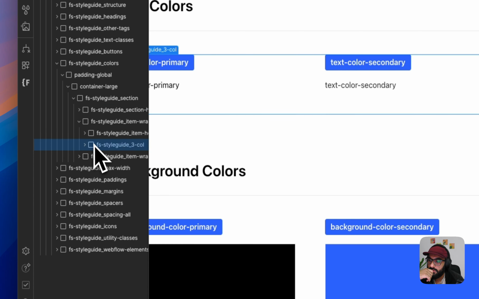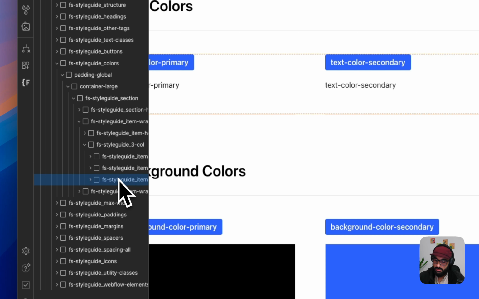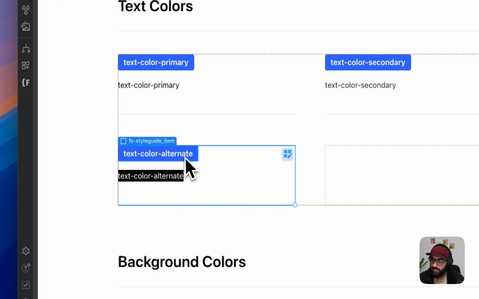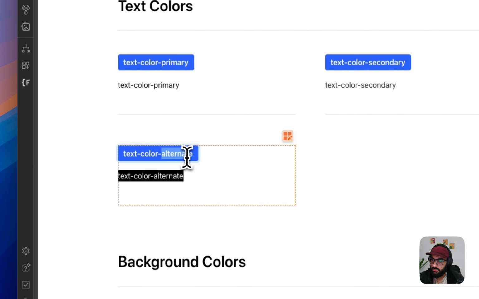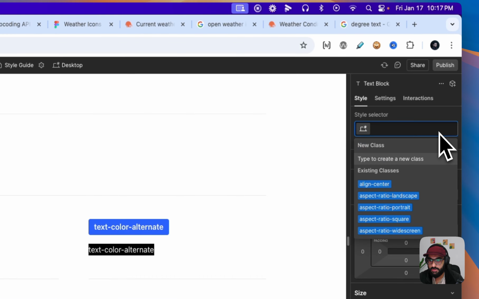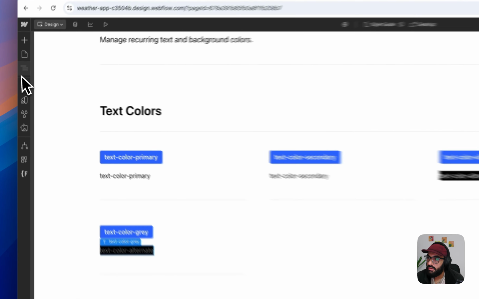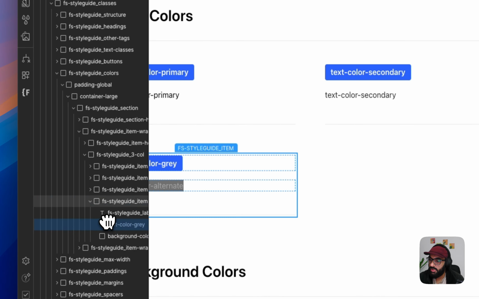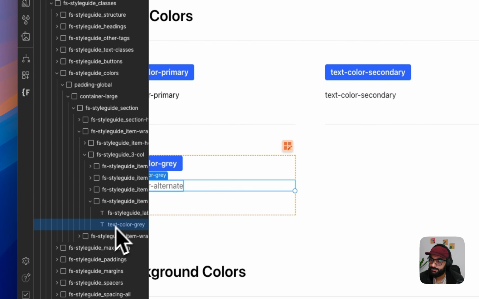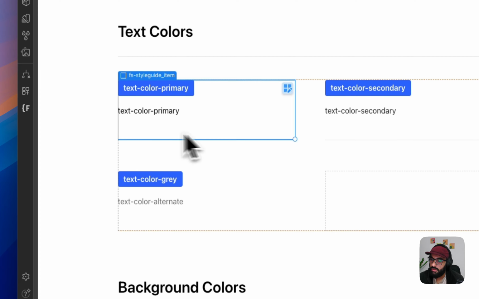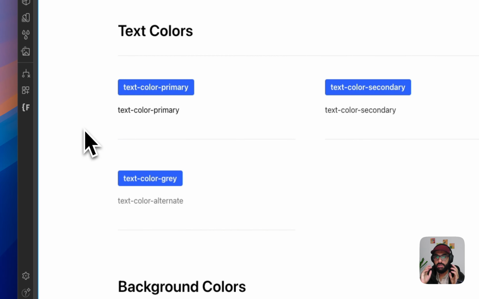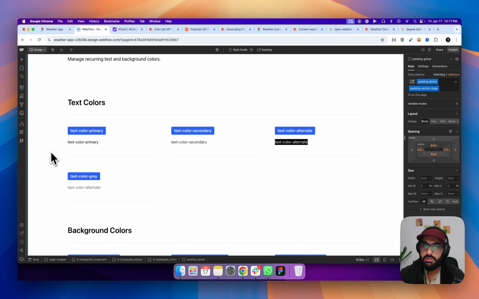Yeah, so 3 columns, this. Okay, so let's just copy and paste, and we can call it text color gray. And because we already have created the class, so let's make it text color gray, and let's remove the background from here. Okay, so now because we created a new class, and that class did not exist before, but now it is